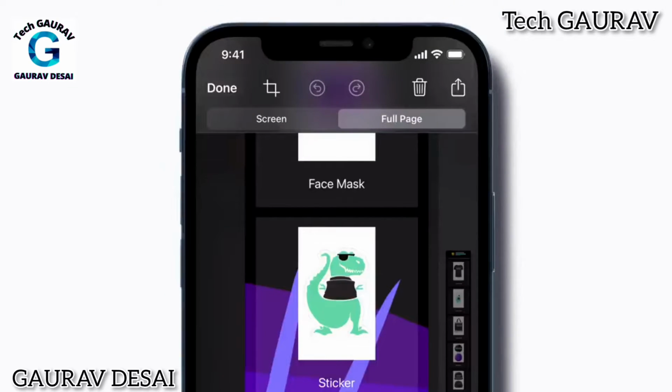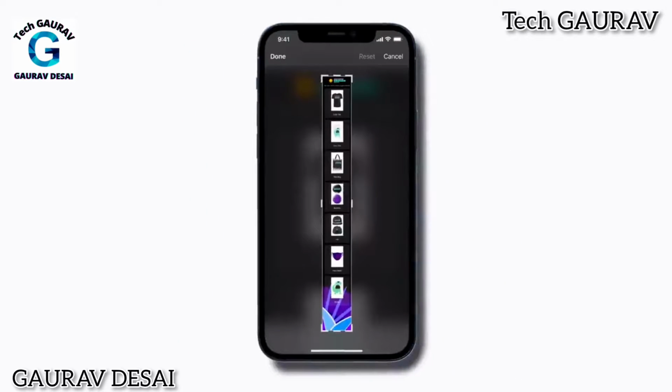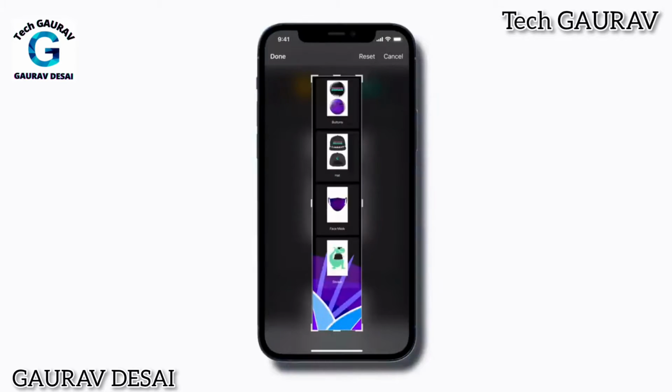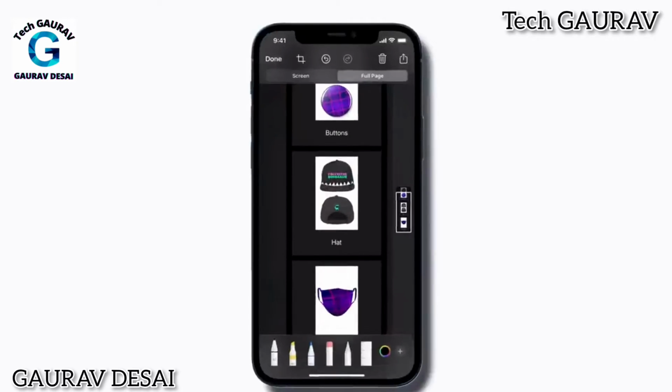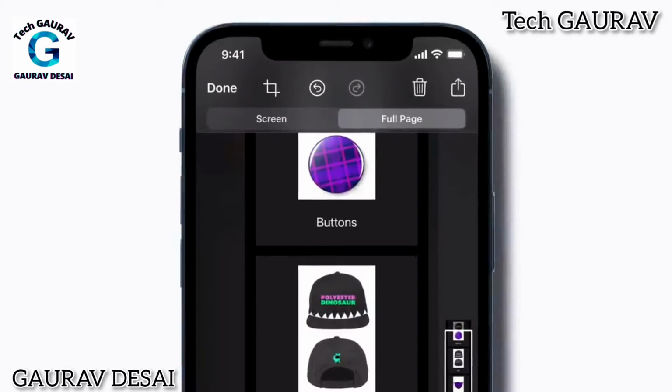You can also crop it if you only want to keep a portion of it. Tap the crop button. Drag the handles to where you want. And then tap Done. When you've finished editing, you can tap the Share button to share it in Messages, Mail,